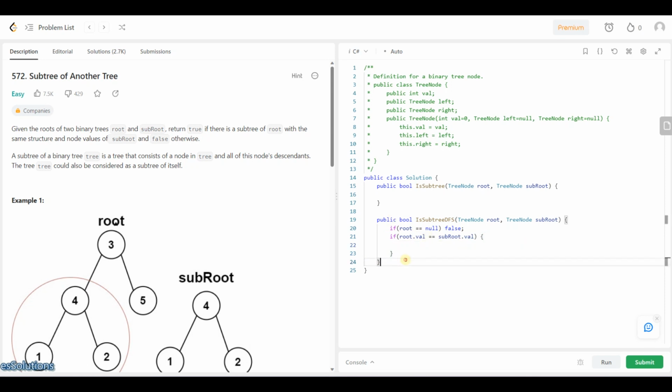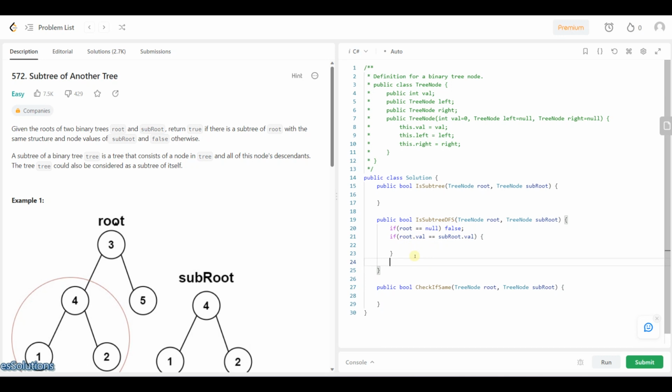So it means I will need another function for the check, is same, passing the root and the tree node. So this is when we now go ahead to perform our check. But if they are not the same,